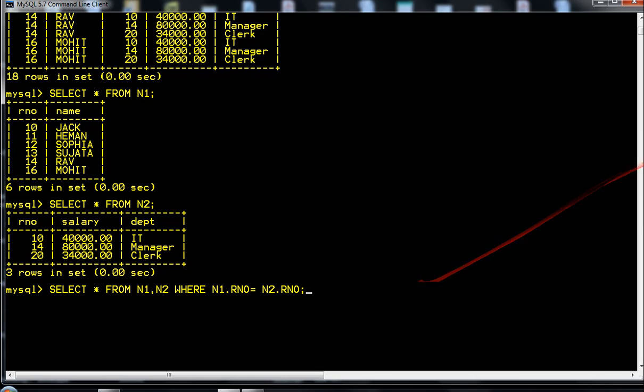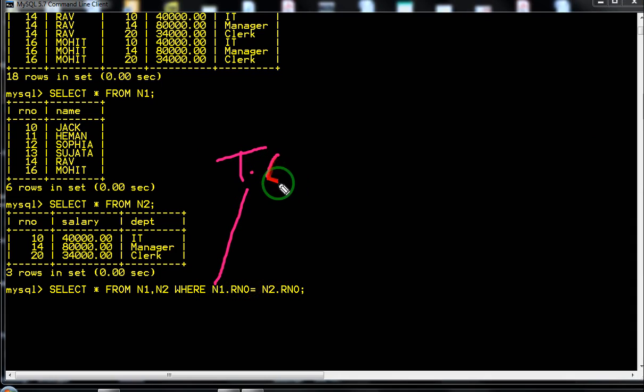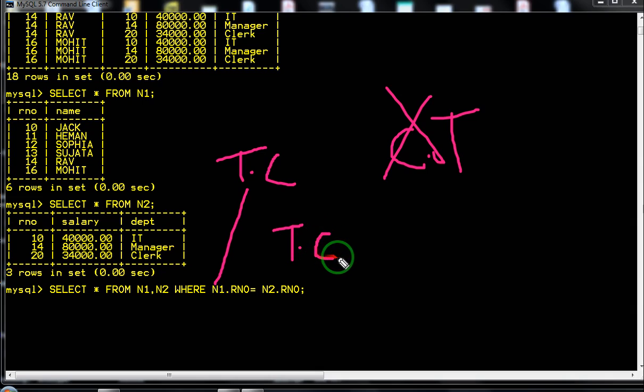Now, here we are comparing the columns for equality. We will write the name of the table dot column. We will not do it the other way, column then table. This is wrong. Always we have to write the name of the table first, followed by a dot or a period, and then name of the column.